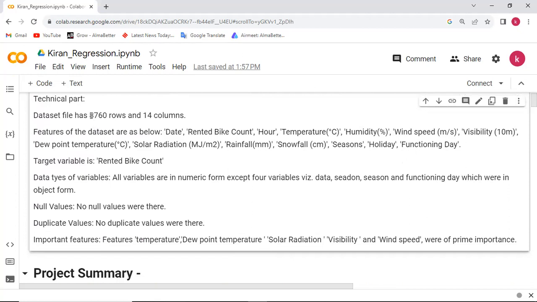After some EDA work was performed on the data set, we came to know that the number of rows is this much, and the number of columns is 14, and the 14 columns have different data types.